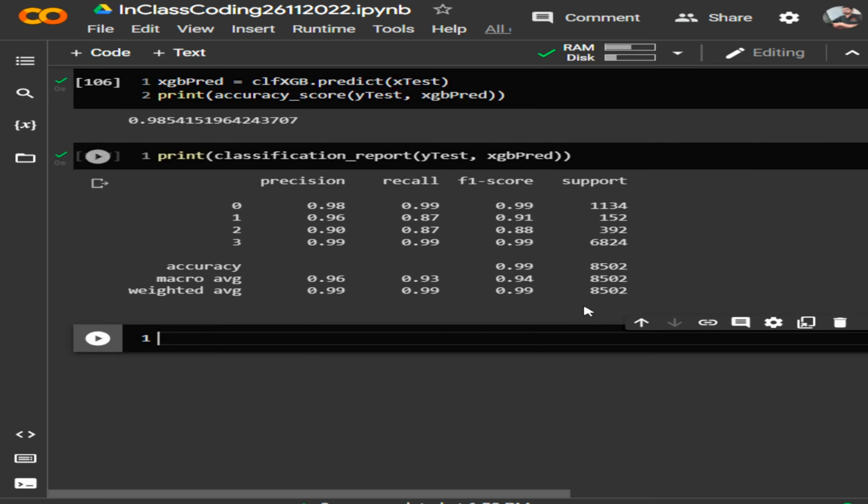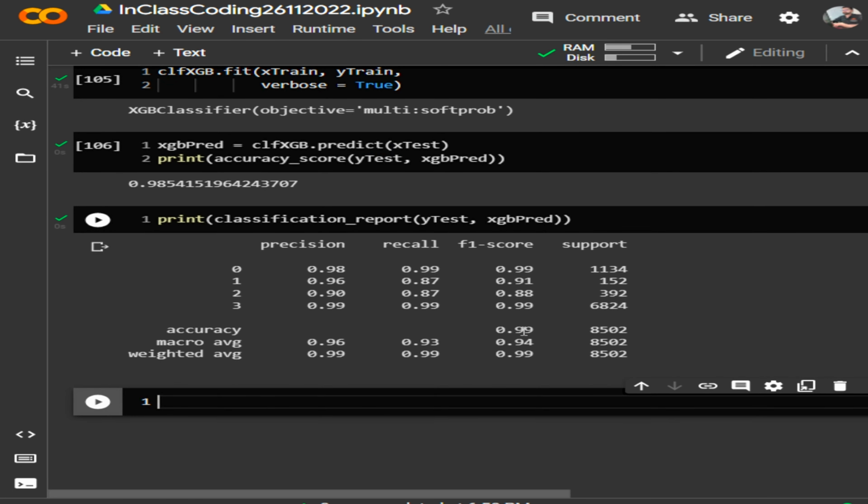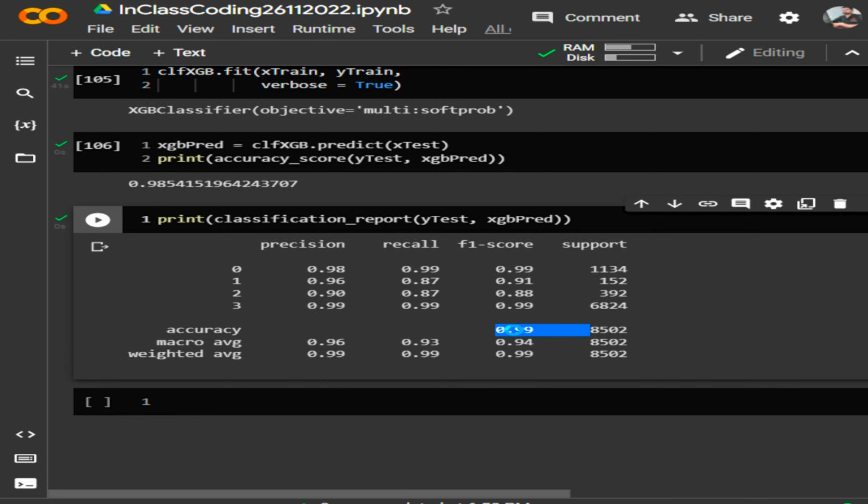So similar results we have obtained earlier, right? But here you can see the accuracy is touching 0.99. So that actually completes our